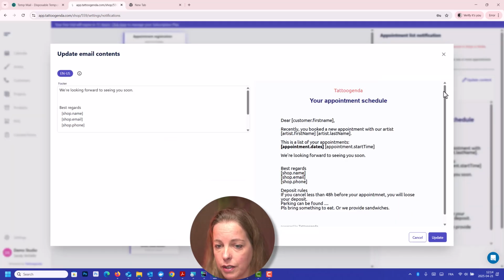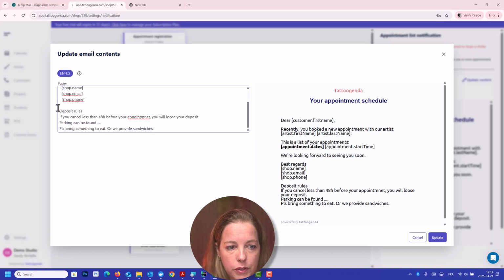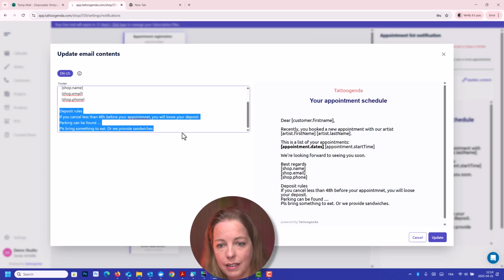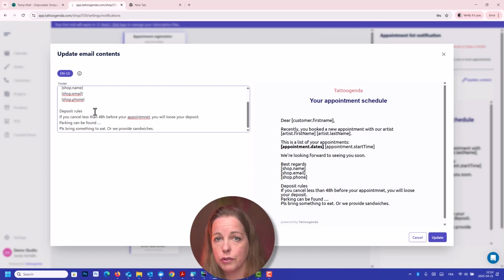You can update that footer. So now I already did it for myself. So these are custom stuff that you can add to the footer. You can list your deposit rules, and I would certainly recommend to do so. If you ever take the deposit from a customer because they didn't show, if you have communicated your rules in the past very clearly in such an automated email, then there can never be a discussion about they didn't know or they think it's unfair or whatever other things that happen with deposit discussions. So you make sure that you are covered and you write your rules in the footer of your automated emails.